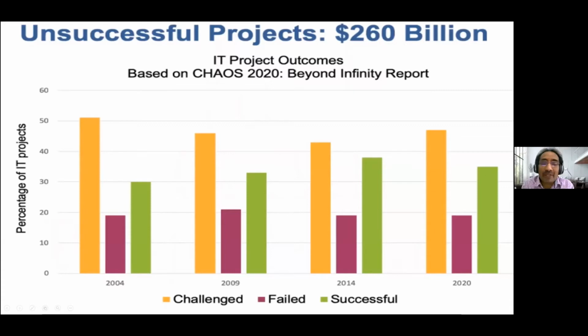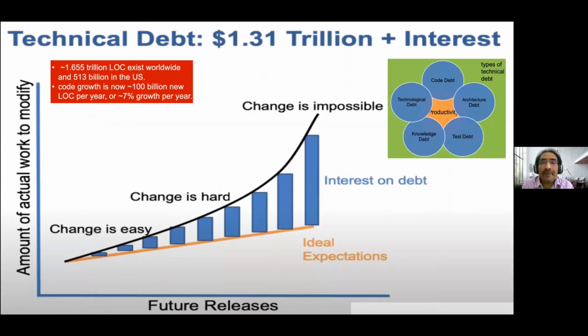So yeah, a very high percentage of projects are failing. And when it comes to more detailed statistics, you can see that so far we have close to 2 trillion lines of code, and it is growing by 100 billion lines of code every year. That is a 7% increase in the code. Though we are talking about low code, no code, this will continue, because even low code products are generated using some code, right?